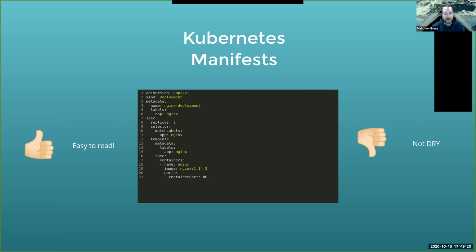These are static YAML files that you may download from a third party that define things like deployments, like we see here, or custom resource definitions or things like that. You run a very simple kubectl apply command, and these things automatically get spun up and created within your Kubernetes cluster. Very easy to read, generally easy to manage, but they really fall apart quickly because they're not DRY.